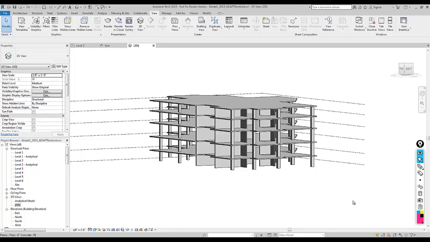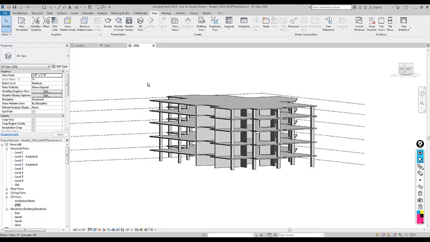This video is a sneak peek video for our Adapt Revit Link 2019, and this will actually be the second release of the Link 2019.1, and we want to show a few new things that are going to be included in this link. So we're going to start with a Revit model, and for this version of Revit we have